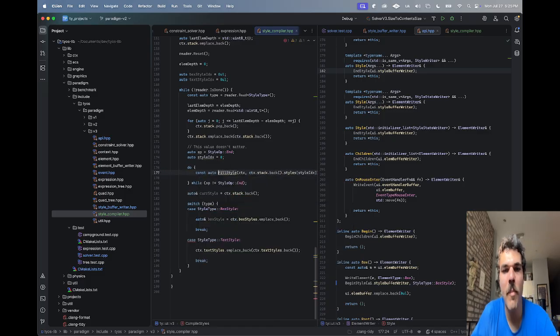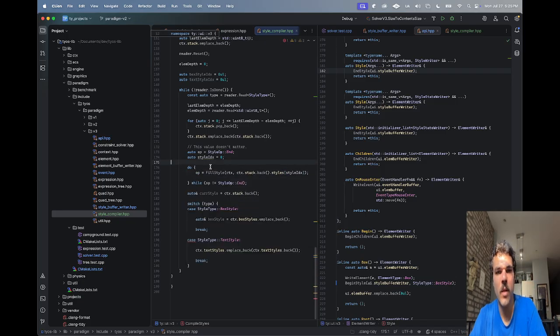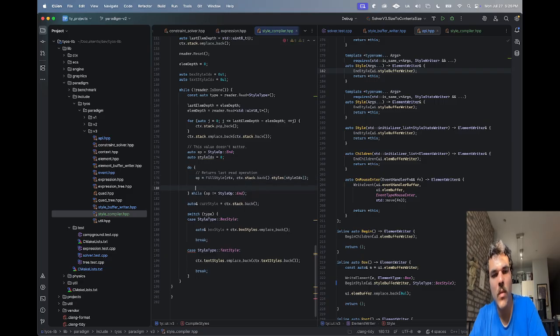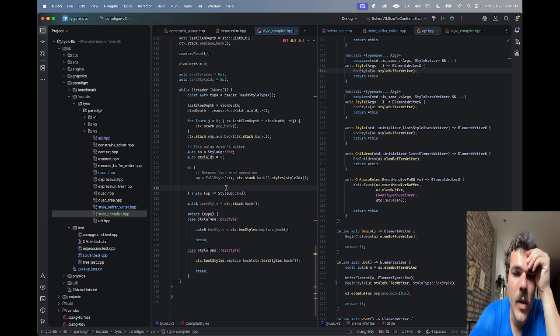And there might be a better pattern for this. Or we could just say op. So this is the last read. If the last read is, so we want to say like if the last read operation is